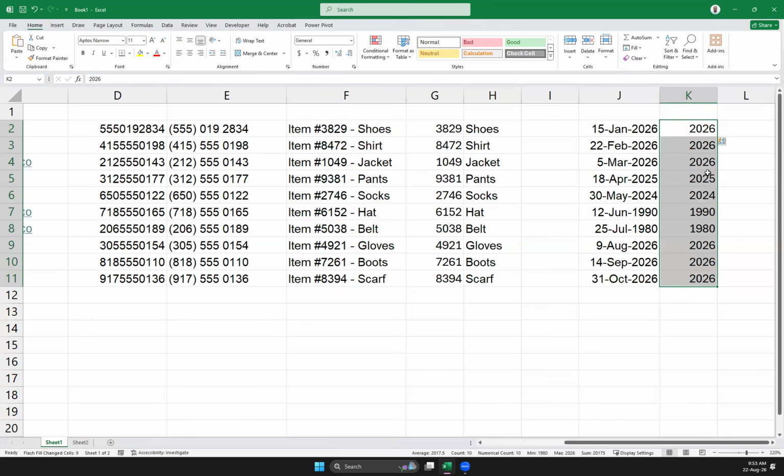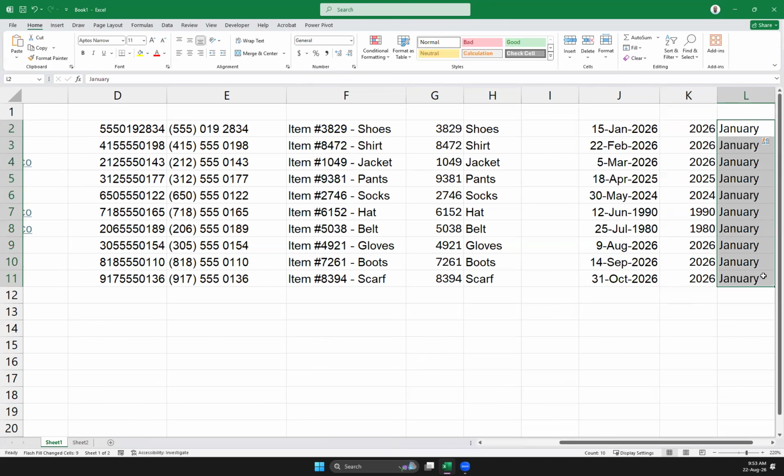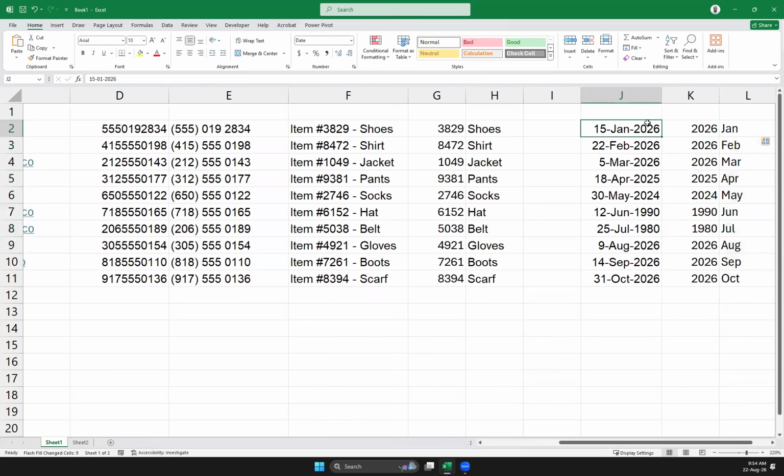Right, you will be able to get the years like this, and if you want to get the month, Control E. Why is it? Okay, the full format was not here. Okay, let's try out the shortened format. Okay, now it's working. See, if you want to have the full month, right now you can select the dates